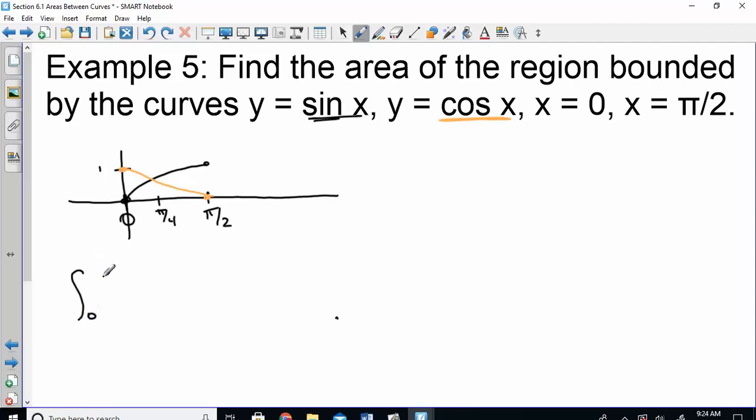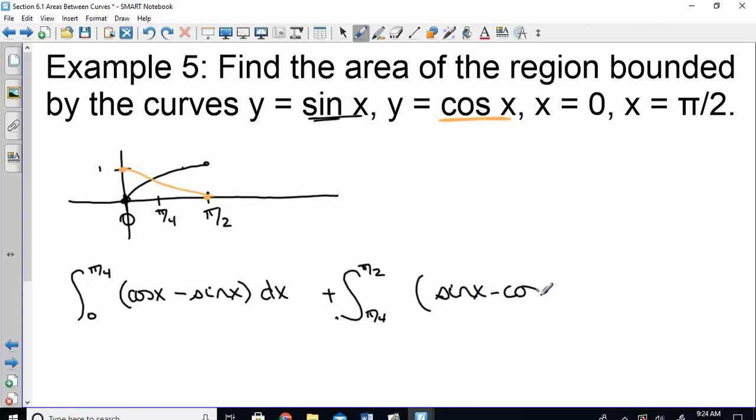So we're going to have to do this one over two separate pieces. We're going to go 0 to pi over 4. Then we're going to go from pi over 4 to pi over 2. From 0 to pi over 4, which one was on top? Cosine. So that's cosine x minus the bottom would be the sine x. From pi over 4 to pi over 2, then sine was on top, so we'll have to do sine x minus